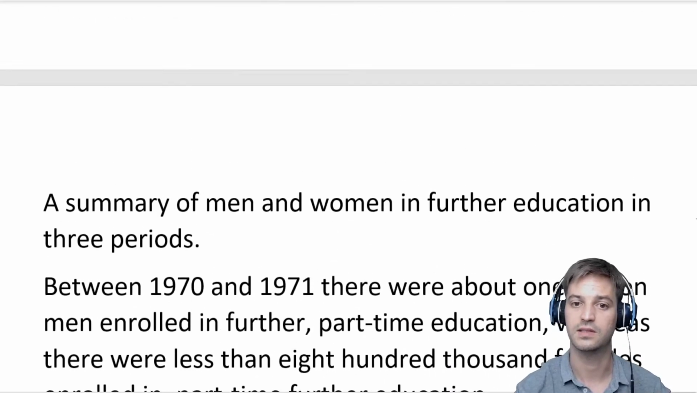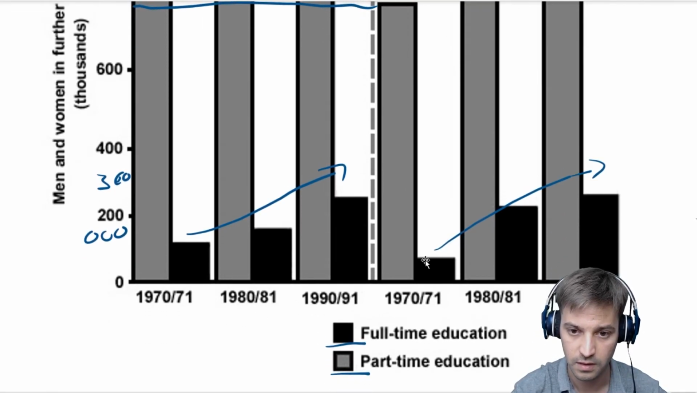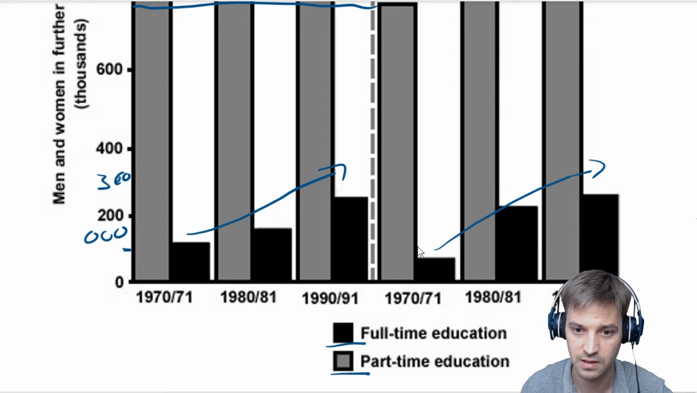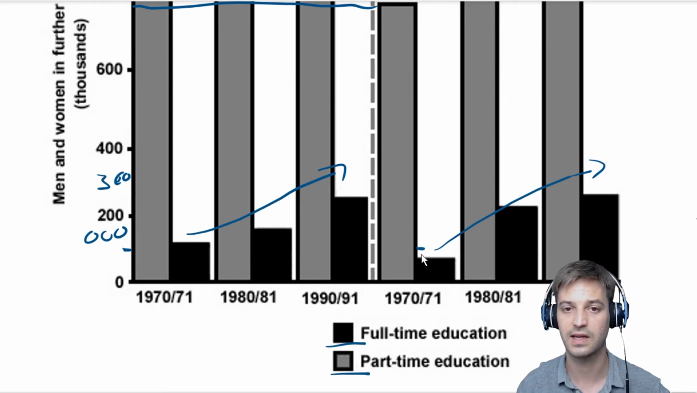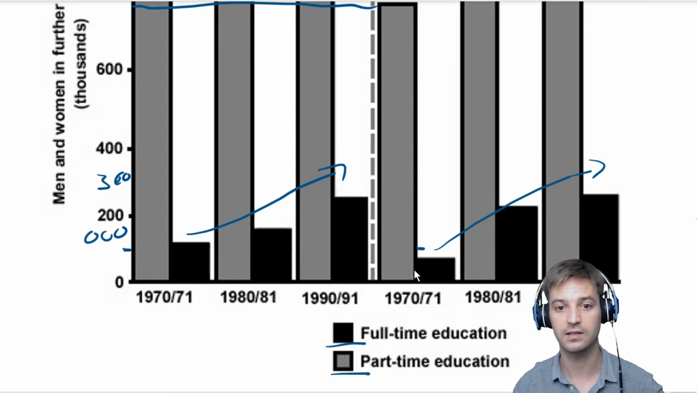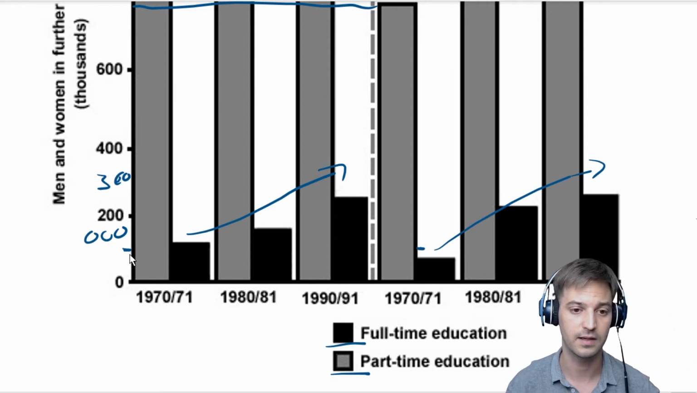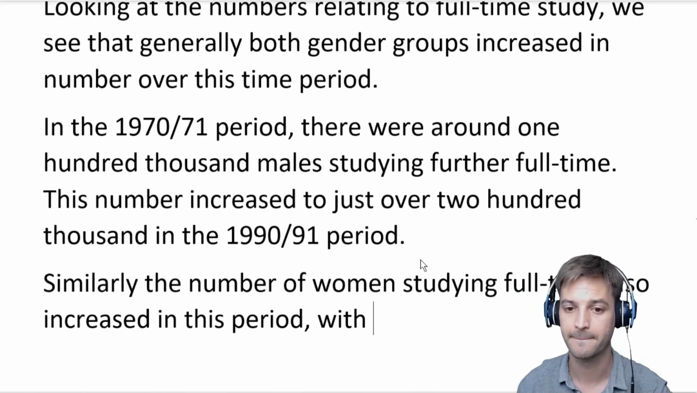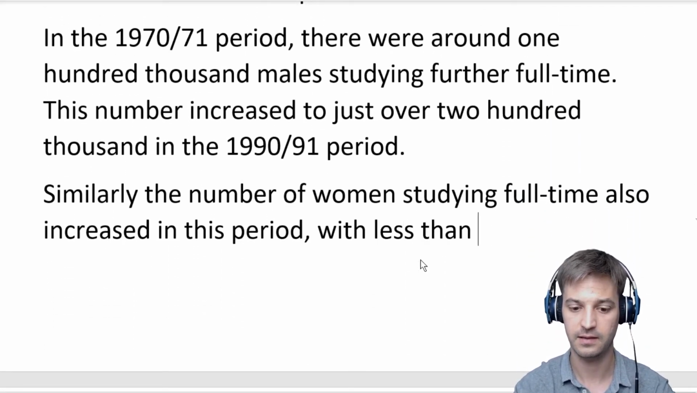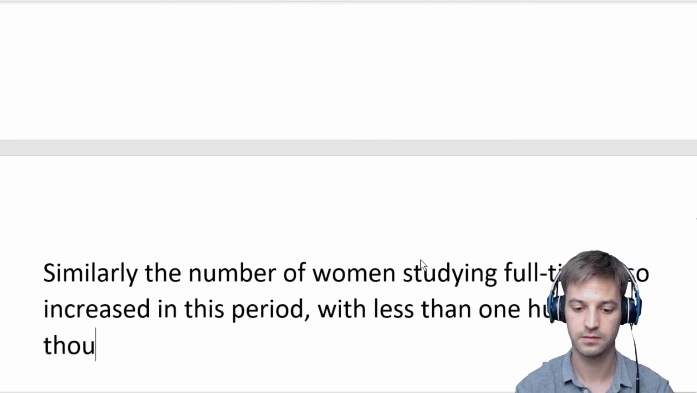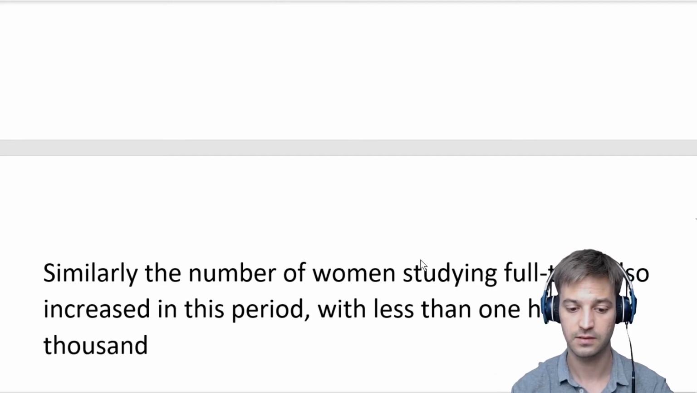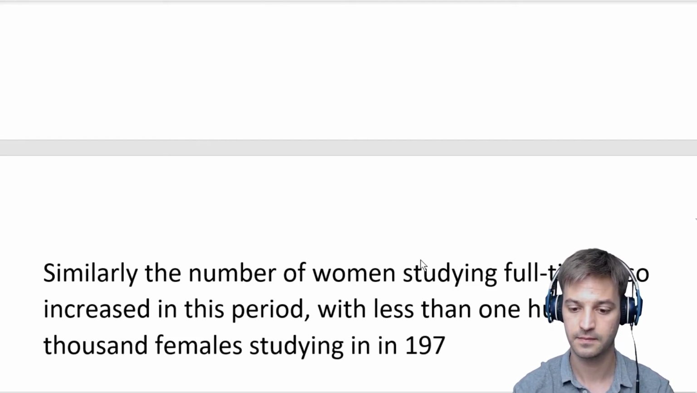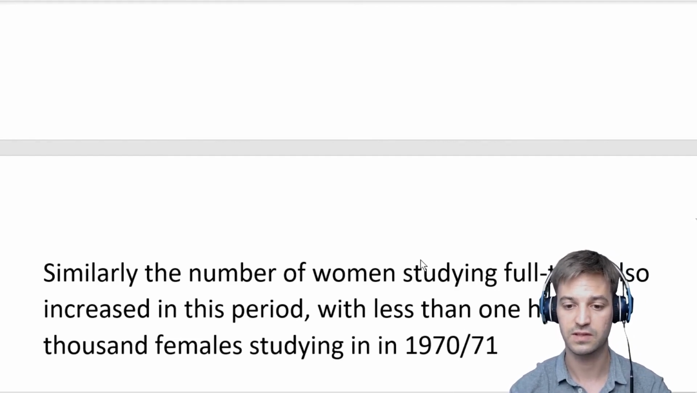with, we see what it started out as, here's our mark over here, this 100,000 mark is there. This number is just underneath 100,000. Okay, so we had just more than earlier, now we're going to have just less than. With less than 100,000 females studying in the 1970s, the 1970 to 71 period,